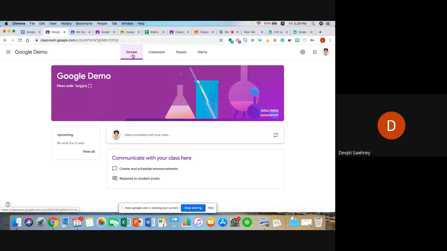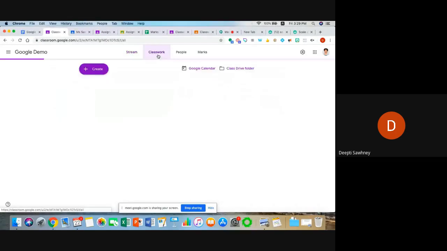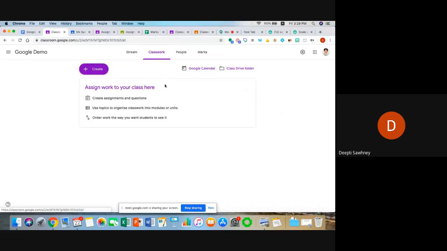So if you want to have a group discussion, you want to flip a classroom, you want to send videos to the children before the class actually takes place, so that they have access to information, and they also get into the mode of deep diving into subjects that you're going to be talking to them a day after. The second tab here is for classwork, and this is where all your assignments, your notes, your homework, your teacher